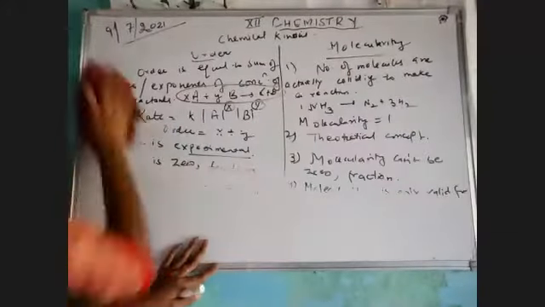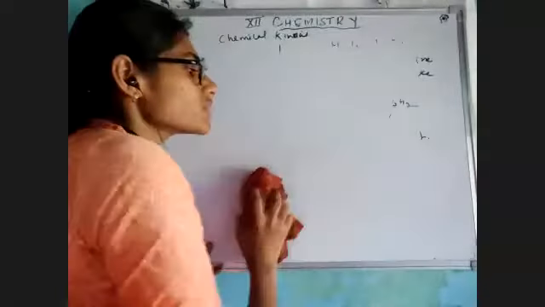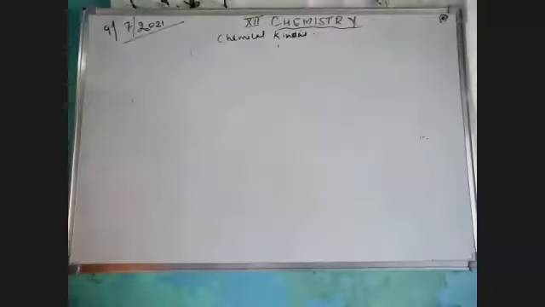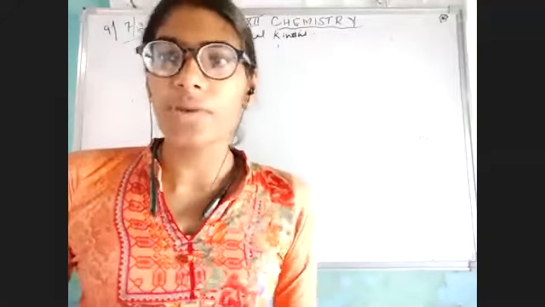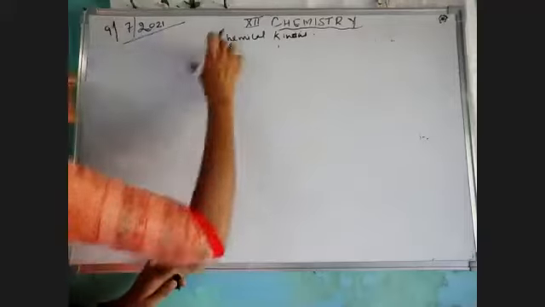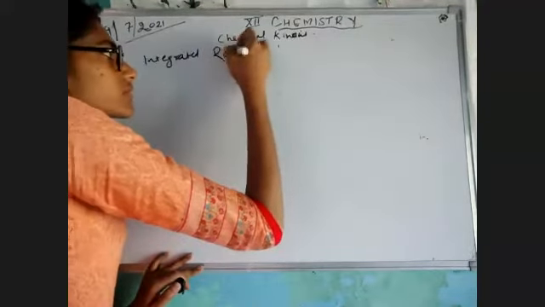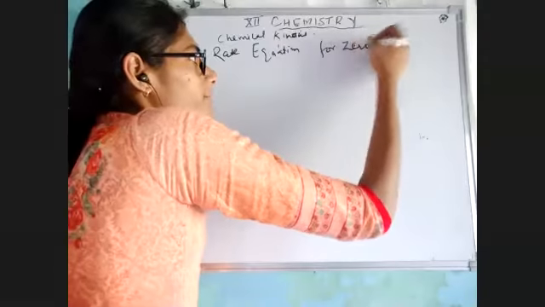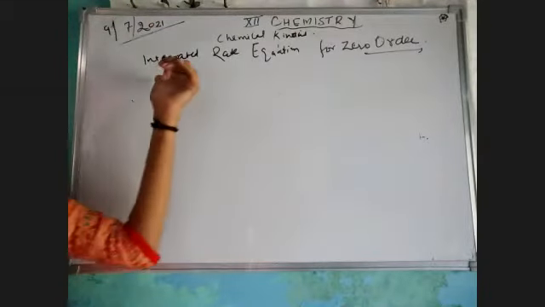Okay. So we have done order and molecularity. We have understood why we study chemical kinetics. We have understood that rate constant and rate law are something which could be defined for two types: average rate, instantaneous rate, and many things. Now let's begin the main important topic of this chapter, that we're going to study: integrated rate equation for zero order. First of all, I have written integrated rate equation.